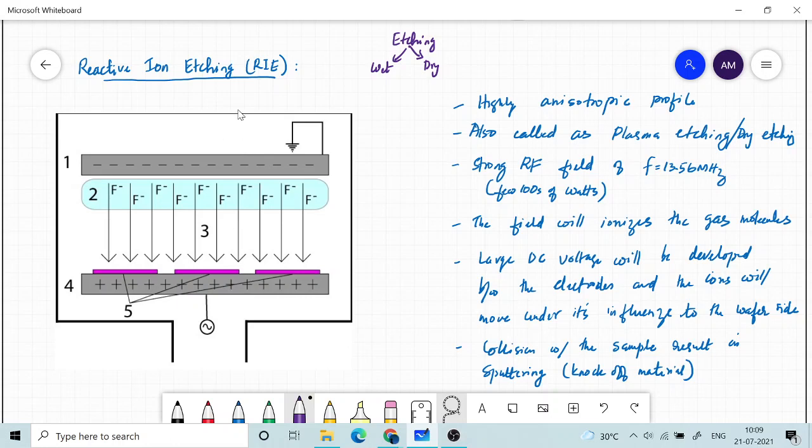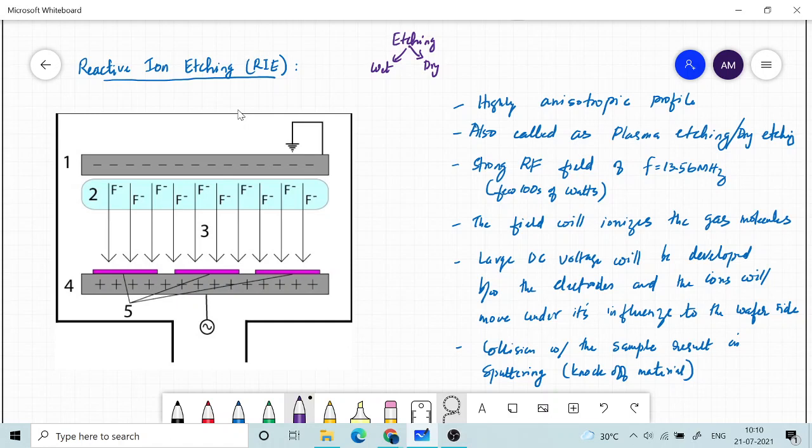At this frequency, the ion is not able to move much, because the moment it tries to move in one direction, the field direction changes because of the inertia, and therefore it will just stay in the same place. It is not able to move to and fro. But electrons are lightweight candidates. Their weight may be about 1,000 times less than the fluoride ions, and therefore they can move up and down.